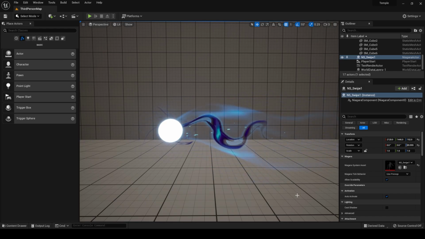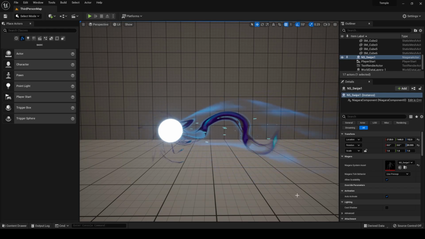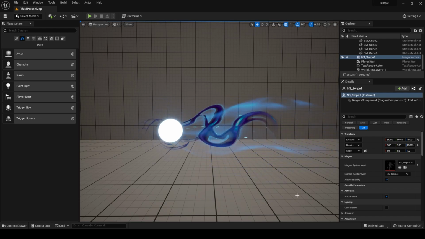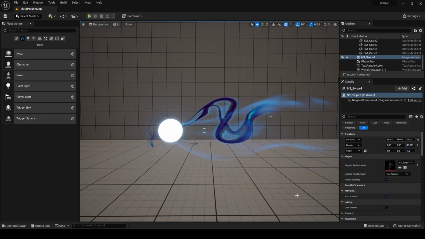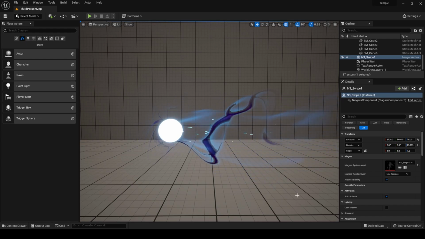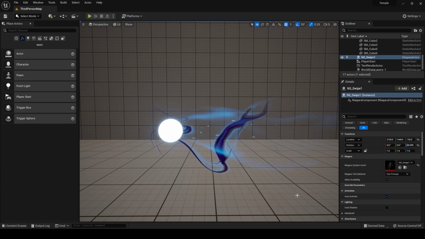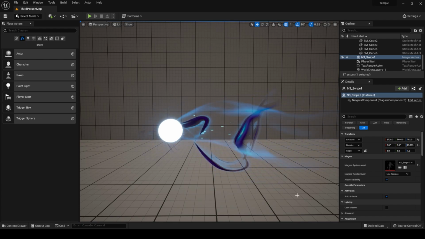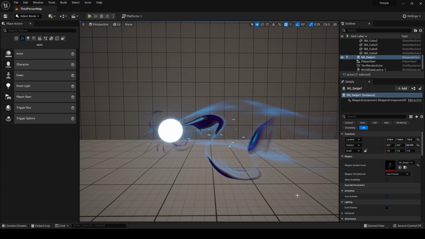So this is a simple particle system I've made in Niagara in Unreal Engine 5. And it's just a ribbon renderer with a material that I'd already made, which just has some basic controls like multiplying by a second texture and then some slight distortion. But that's not even actually being applied here. So it's just very simple texturing with just a color curve over it, like a gradient map essentially